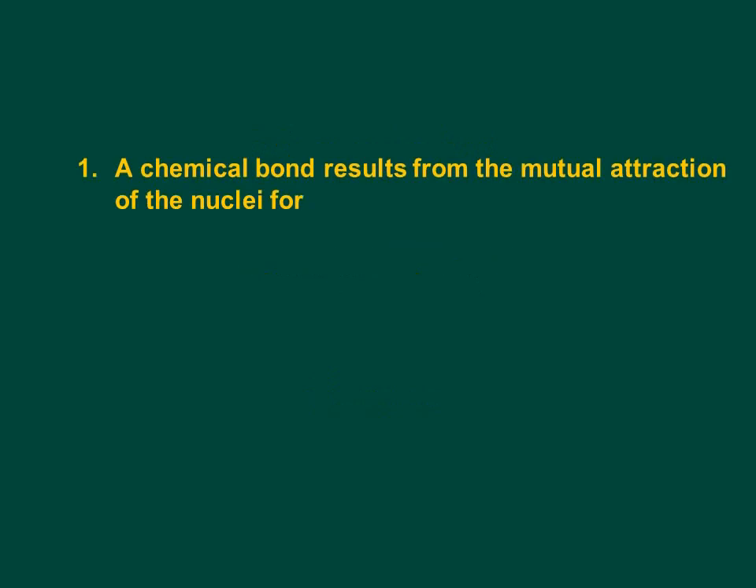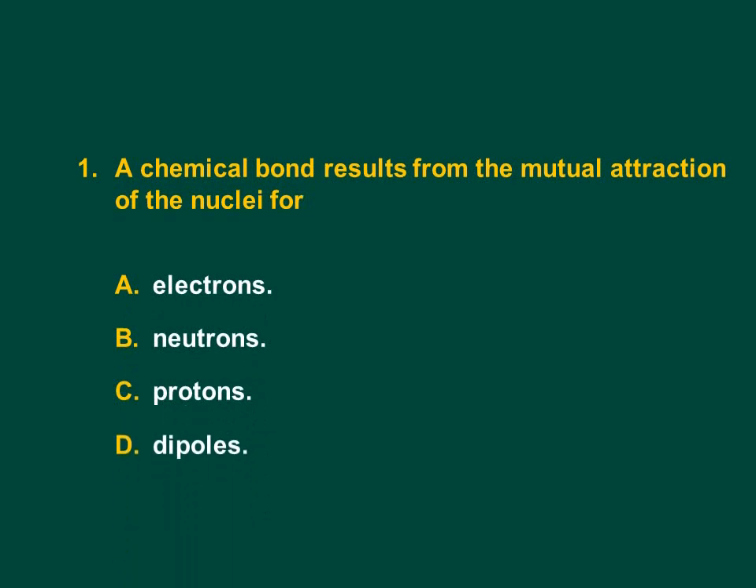A chemical bond results from the mutual attraction of the nuclei for electrons, neutrons, protons, dipoles. Which one is the correct answer? The nuclei are linked to the